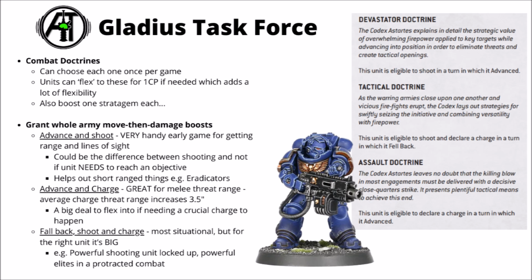In some situations it could be really big, say if your opponent's tagged a scary infantry gunline unit with one of theirs and being able to fall back and shoot would genuinely make the difference of a huge amount of damage. Or maybe even a powerful generalist squad like some Terminators or Aggressors is in a protracted combat, being able to fall back, shoot off all of their small arms, and then get the advantage of the charge again